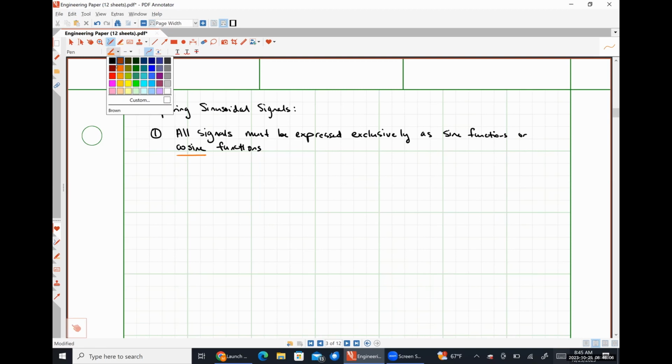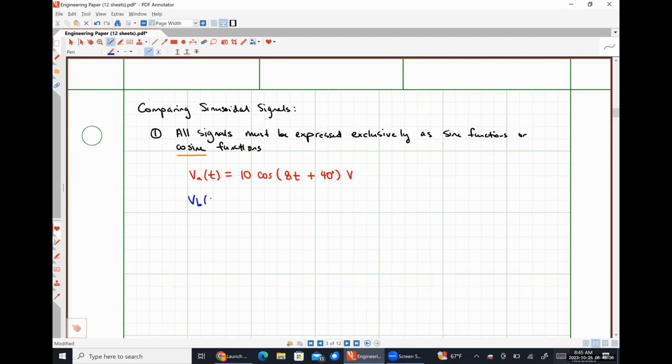So if we had some voltage signal, let's call it VA of t, was 10 cosine 8t plus 40 degrees volts. And we had a second voltage signal, VB of t, that was 14 sine 8t plus